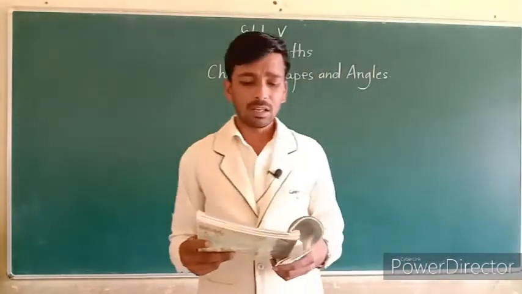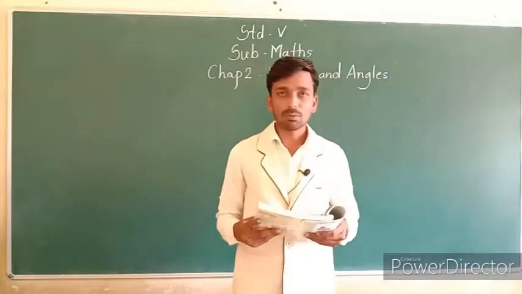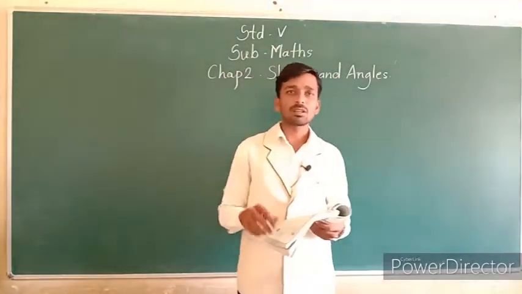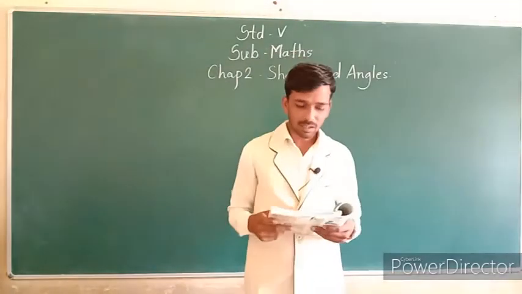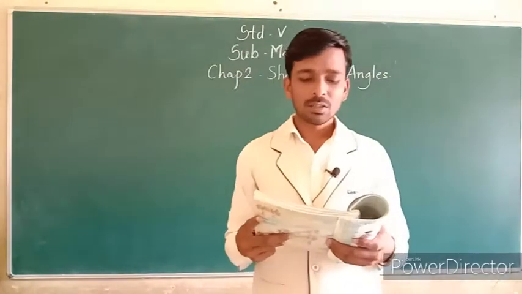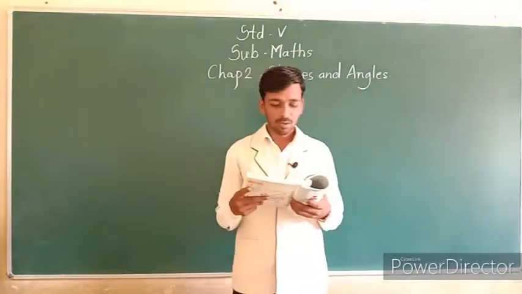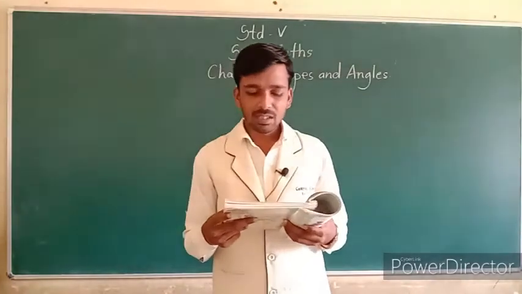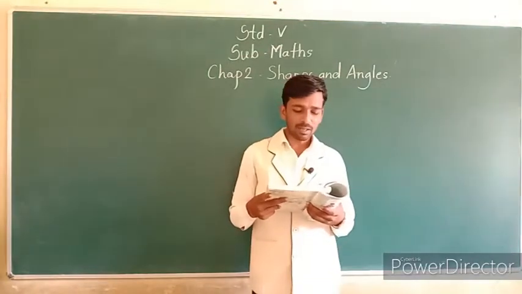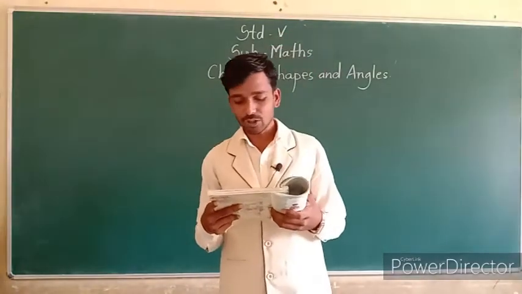Activity: making a degree clock. Cut a circle out of a paper. You can use a card sheet paper, and by using compass you can draw a circle and cut that. Okay, then you will get circle. Fold into half. Okay, fold it once again into a quarter. Fold it once more. Open the paper. You will see lines like this. Now mark 0 degree, 45 degree, 90 degree and 180 degree as shown.